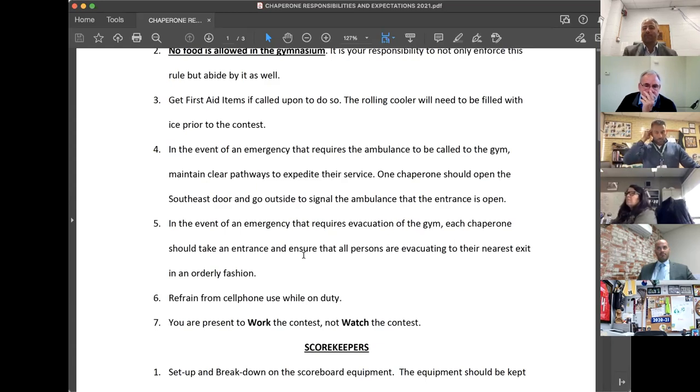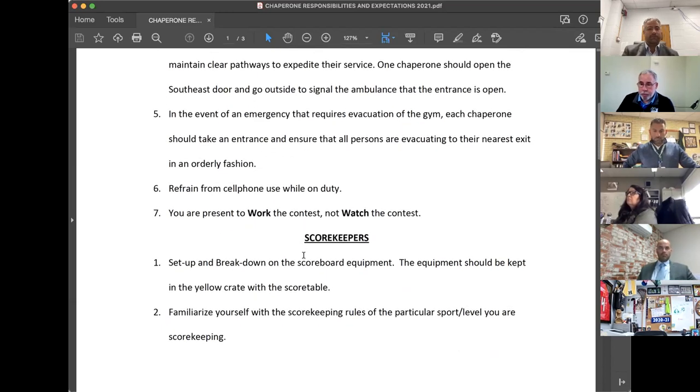And number 7, you're present to work the contest, not watch the contest. You're not there as a fan. We're paying you a decent amount of money to observe what's going on in the stands with the spectators, scanning, making sure things are going properly, checking your different points, whether it's escorting officials, escorting a team, checking the hallway, all of those different things. For our scorekeepers, breaking down and setting up the scoreboard equipment. We have a yellow crate, everything goes in there at the end, and then familiarizing yourself with the scorekeeping rules of a particular sport and level you are